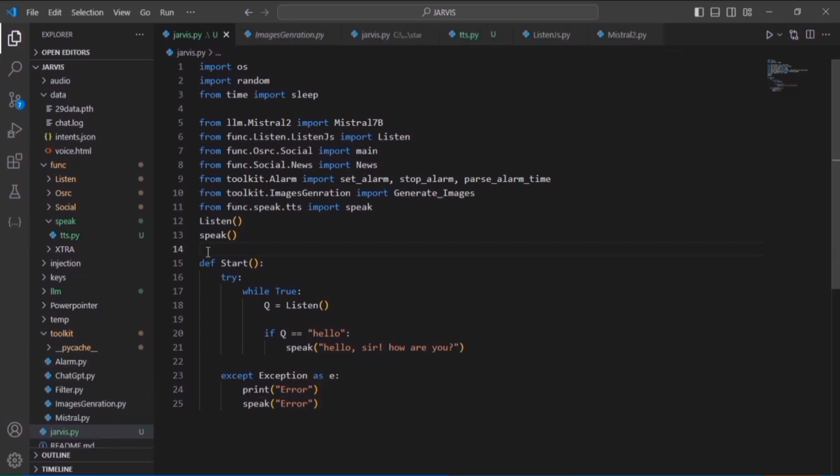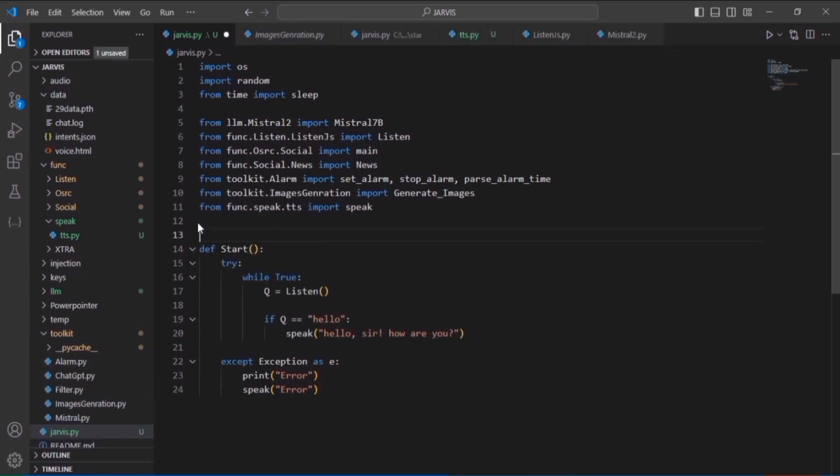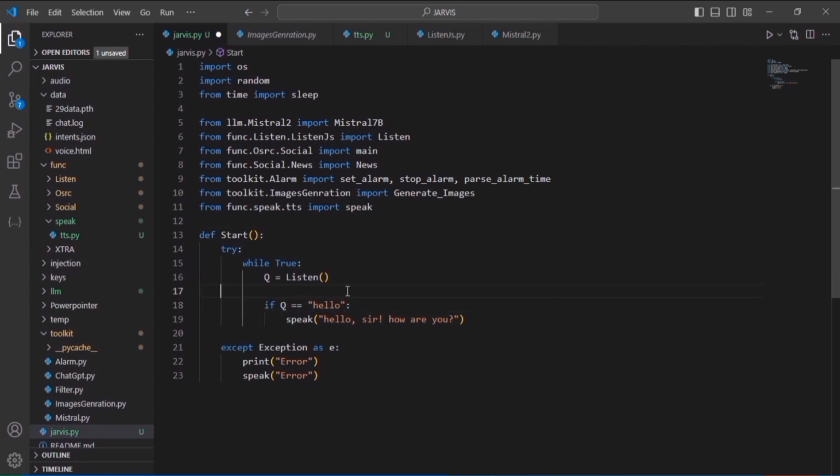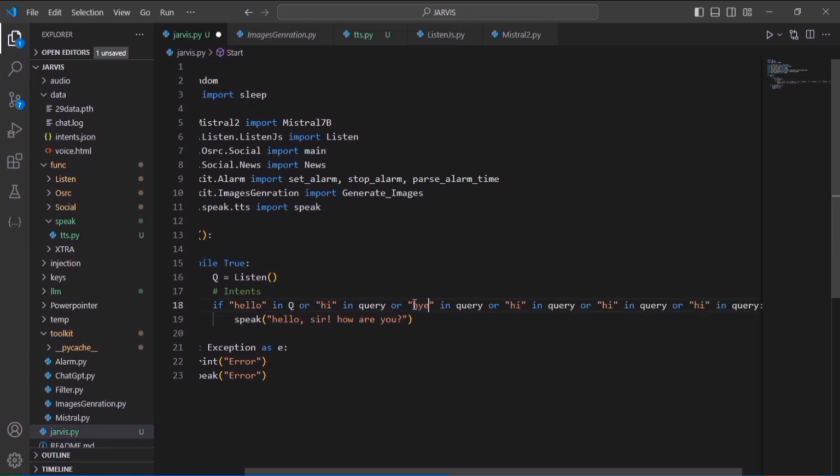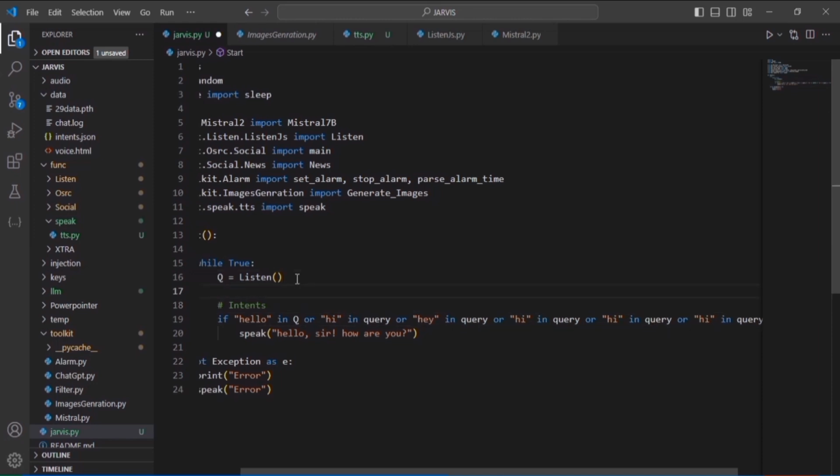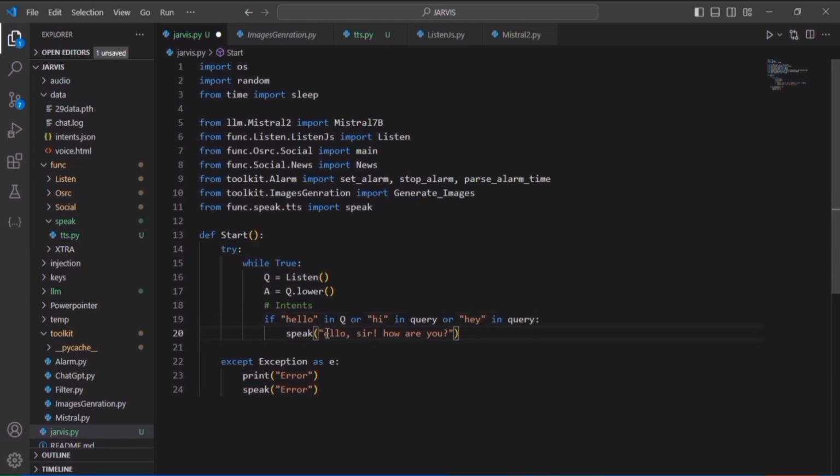And for the exception, it will print and speak error. Okay, and after doing this, I realized that I have to add the intents also. So I replaced this with hello in q, and similarly, I added several intents such as hi in q and hey in q and other things. Here I created a variable named a in which our q value will be stored in lowercase.